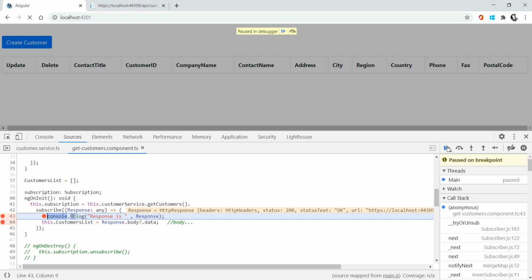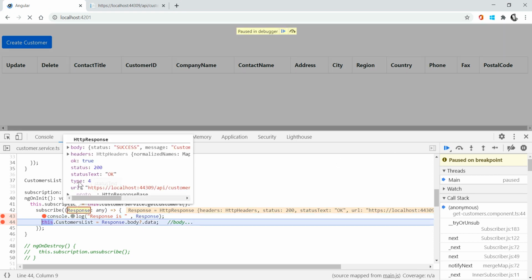So again click on that. Right now, if you see here, the response contains type 4. Earlier the type was 0. 0 in the sense that it is the sent request. Type 4 in the sense that I am getting the response. So how am I doing this? This is nothing but events. By using the event section, I am monitoring which kind of event it is, the sent event or the response event.